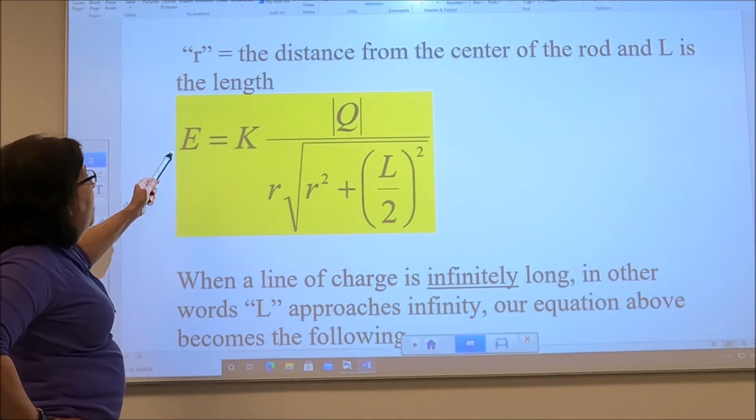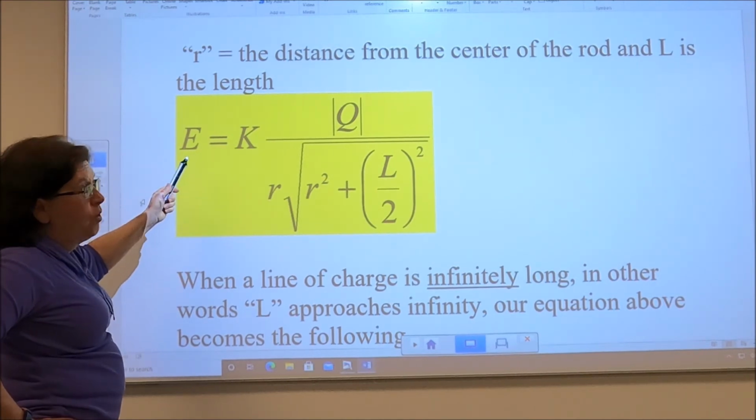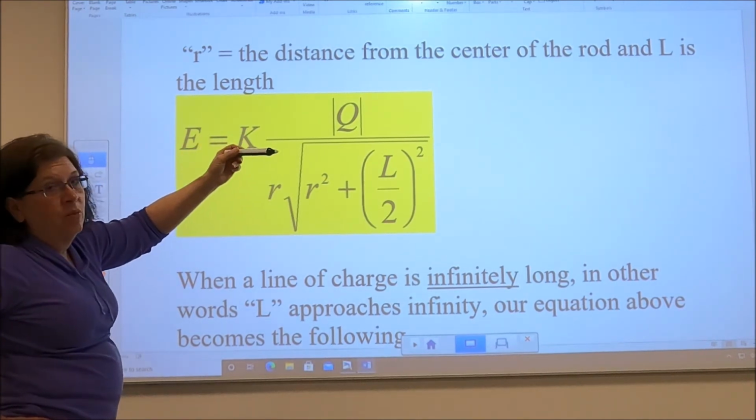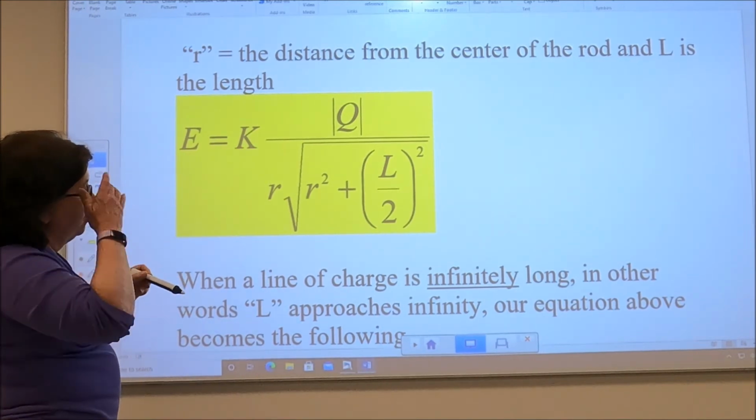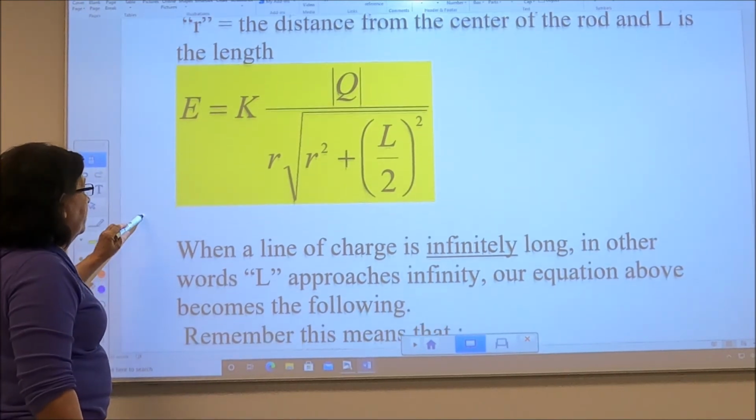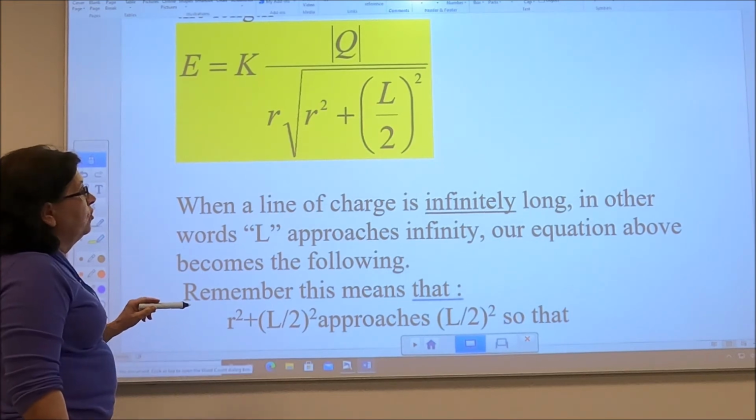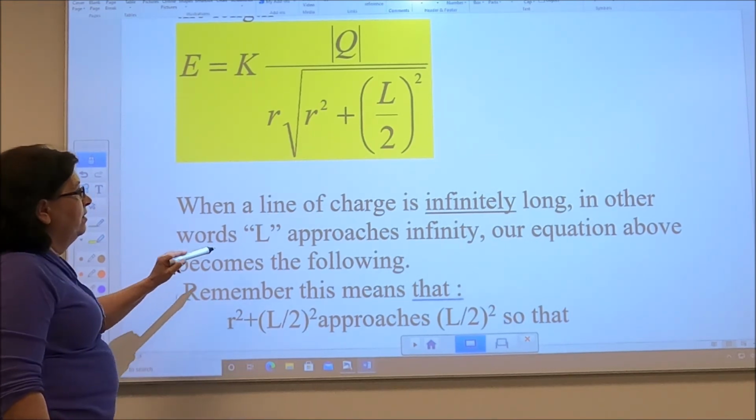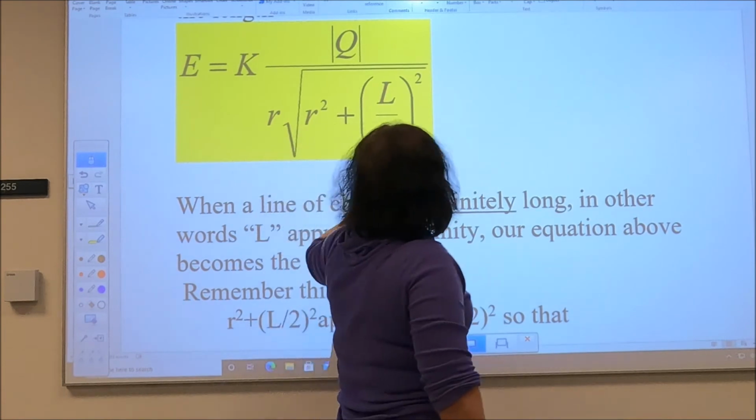Now, if I have a positively charged rod, then the electric field is going to point away from it. If it's negatively charged, it's going to point toward it. When our line of charge approaches infinity, so as L approaches infinity,